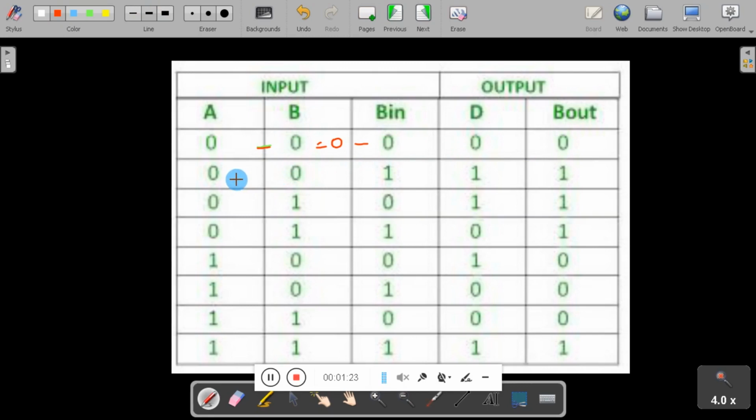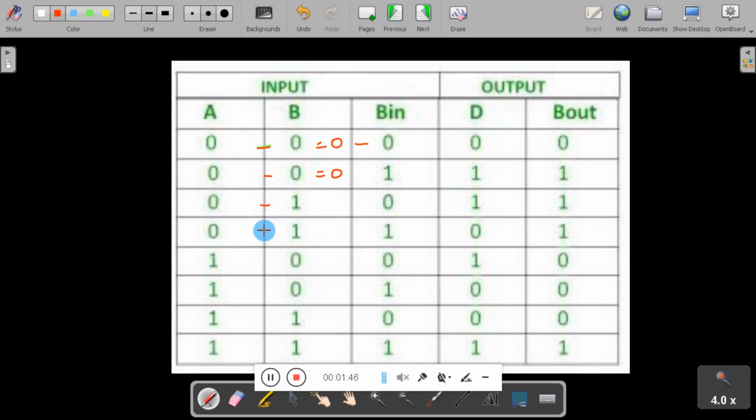In the second case, 0 minus 0 is 0 and 0 minus 1, difference is 1 and there is a borrow. Third case 0 minus 1, so difference is 1 and borrow is 1.